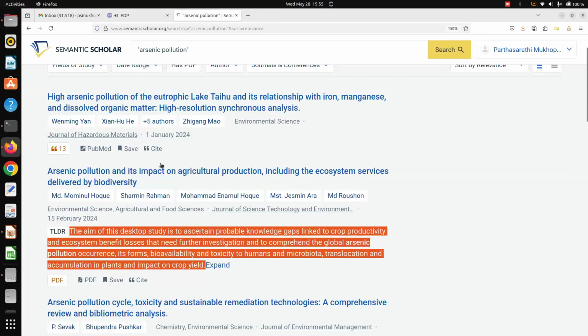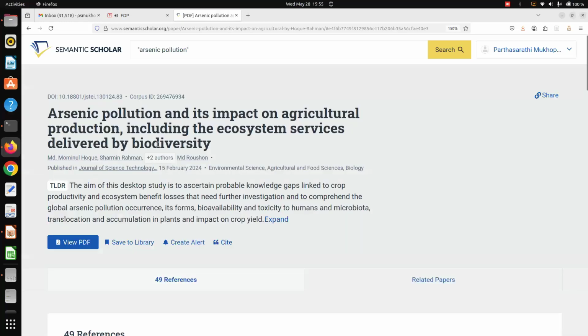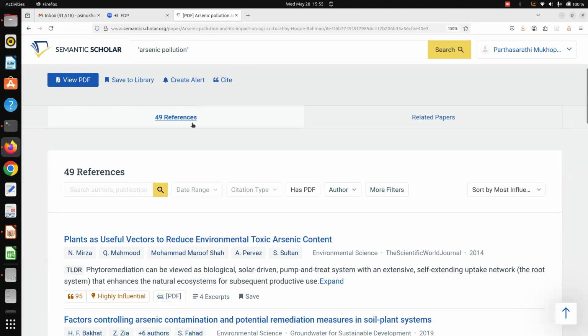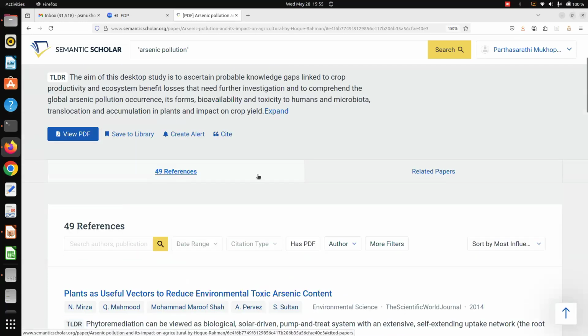And another part is also AI, that I should mention: the moment I go to this particular paper, it can also show how many references are included in that paper. And if a paper got citations, how many citations it generated, all you will be getting.